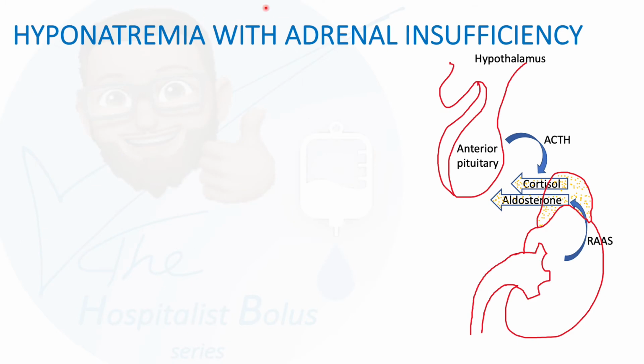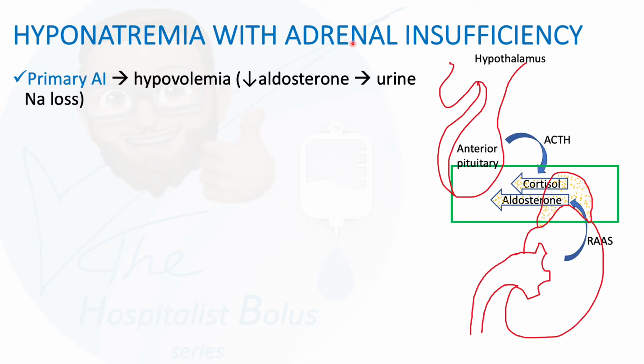Now, how about hyponatremia with adrenal insufficiency? As you remember, there's two types, or three, but the most common two are primary and secondary adrenal insufficiency. So in primary adrenal insufficiency, there is a disease of the adrenal gland itself, like autoimmune adrenalitis, like in Addison disease, and this will lead to destruction of the cells responsible for secretion of both cortisol and aldosterone. So in primary adrenal insufficiency, there's usually hypovolemia, and that's mostly because of the decrease of